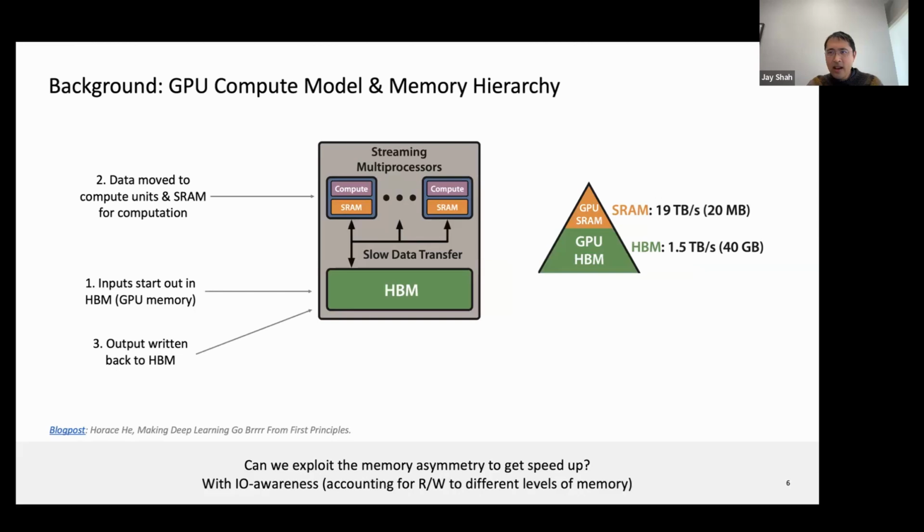To understand that, I'm sure many people in the audience are familiar with the memory hierarchy on the GPU. But at the time when these ideas were being developed, this was not so common. This was not really common knowledge to people, at least working in machine learning. In terms of the memory hierarchy, the key thing is that there's an inverse relationship between the size of the memory and the speed, the bandwidth.